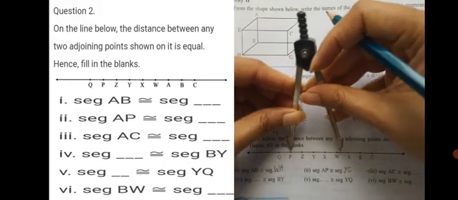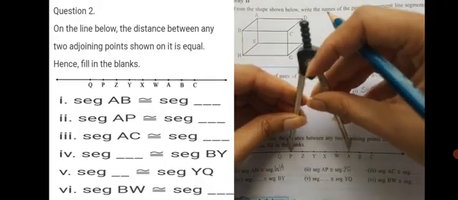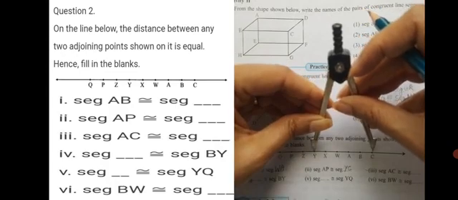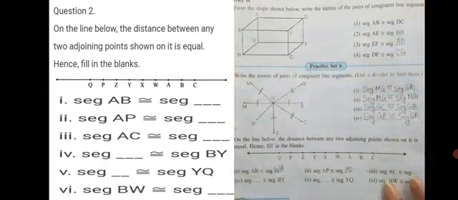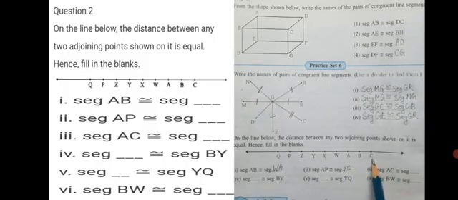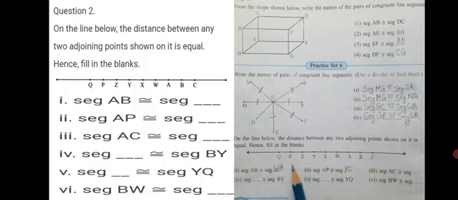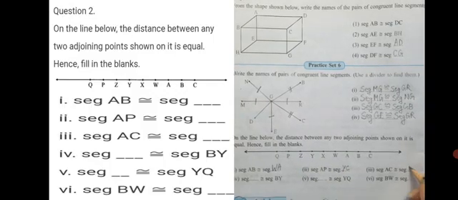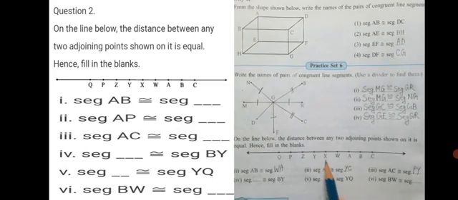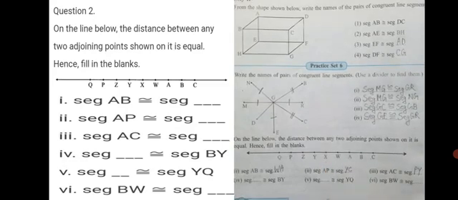So we can check with a divider. Let's check AP is so much. Is YC the same? Yes. That means since they are at equal distance from each other, we can take as many points. Now AC. AC comprises 3 points from A to C. So from P to Y, we can take PY. So this way we can complete our congruence. Any 3 you can take.